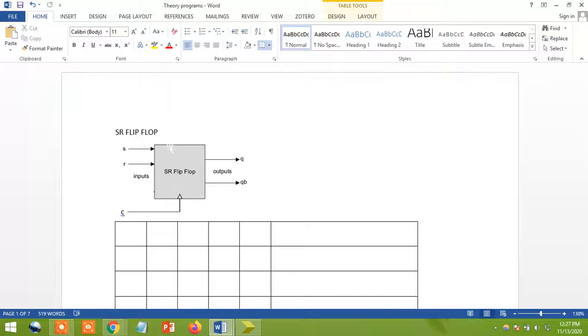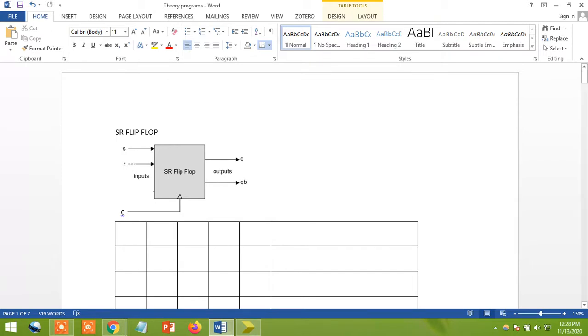Taken as a behavioral model. So I already told you that if I'm looking for a behavioral model, based on my truth table I need to write the Verilog code. So first we need to know how to write the truth table, then it is easy to write the Verilog code.